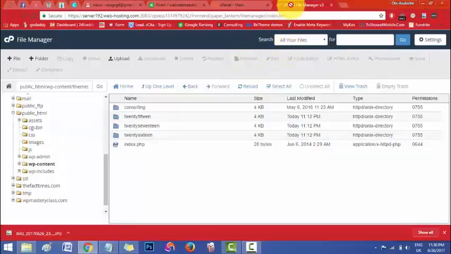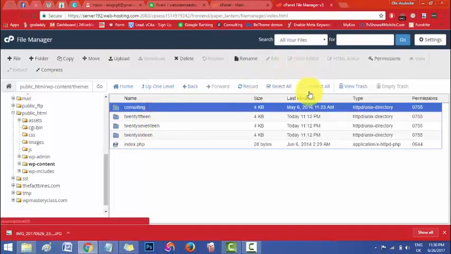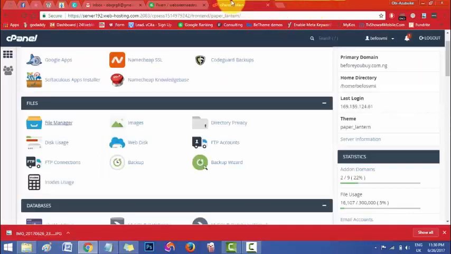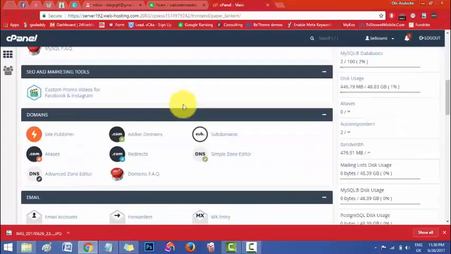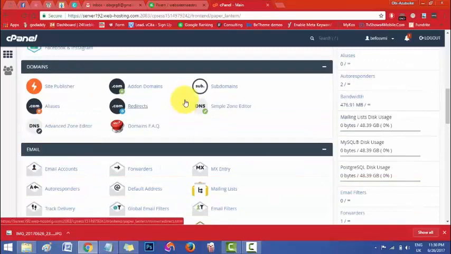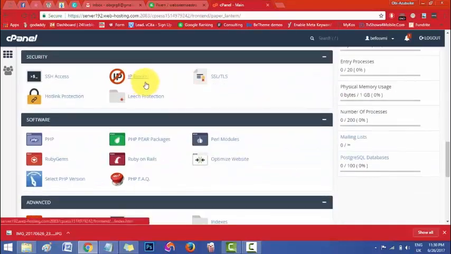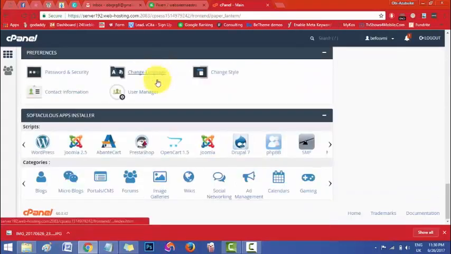Welcome back. So we have our theme uploaded, and all we need to do now is start working on setting up our website. So I'm going to close this and we're going to take a look at having access to the back end of our WordPress website. To do that, all you need to do is scroll down to the bottom. You can either access it via the WP-admin, or you can access it here, whichever works for you. So I'm going to show you how to access it here. Just click on WordPress